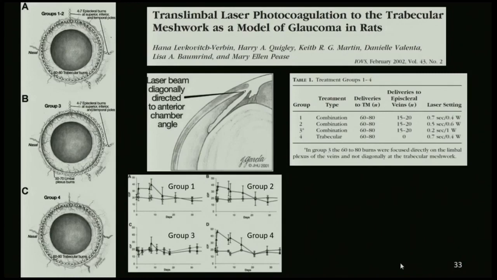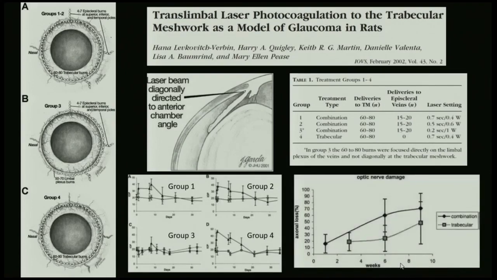I think the takeaway from this is it's sort of an all or nothing response. If you leave some of the trabecular meshwork untreated, the aqueous humor will find the path of least resistance, kind of find its way out. So you really need to laser 360 degrees of the TM to get an IOP elevation, at least in this model. And again, they were able to show that they can raise IOP either if they did trabecular meshwork alone or in combination with the episcleral veins.